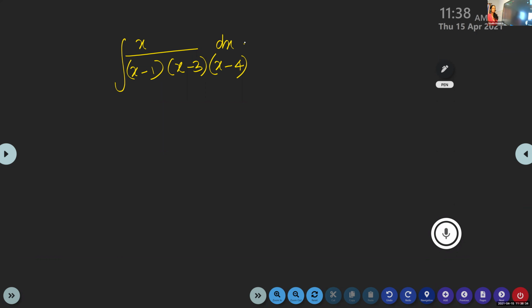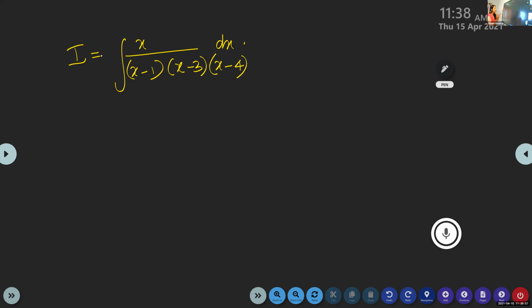Okay, now listen. In this question also you listen, children. Next question onwards you can try. Once you are given a function like this, first step you name this as I. Integration we name as I, just as in differentiation we name the function as y or f of x. Look at here, it is a rational function.